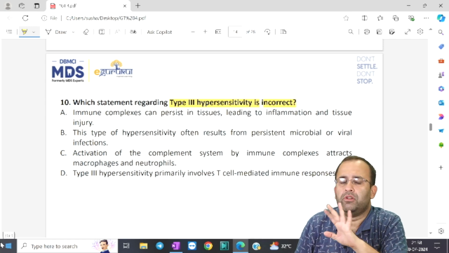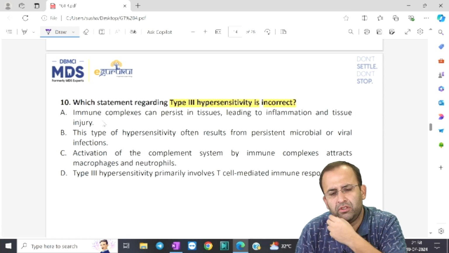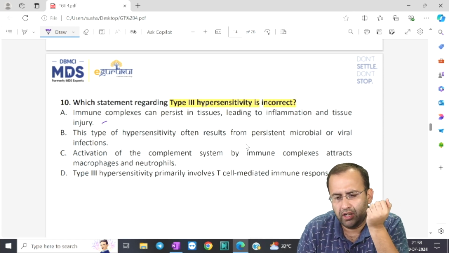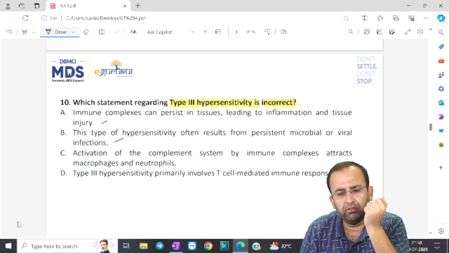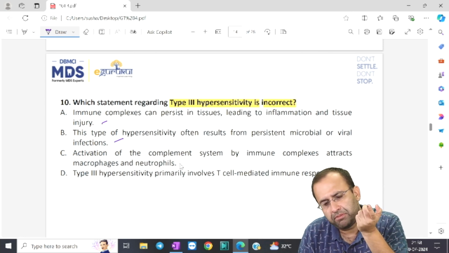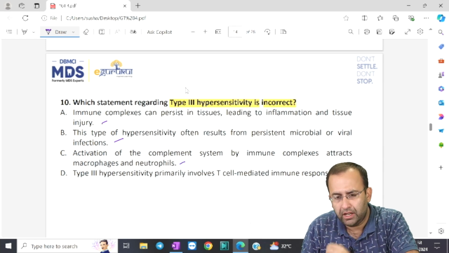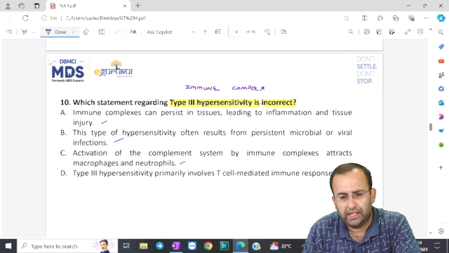Antigen antibody immune complex reaction. Immune complexes can persist in tissue leading to inflammation, fair enough. It is often from persistent microbial or viral infection, fair enough. Activation of complement system by immune complexes attract macrophages. What is the main thing here? It is immune complex. So in options A, B, C, we are using the word immune complex. Whereas option D,